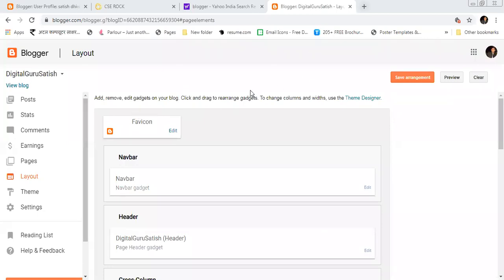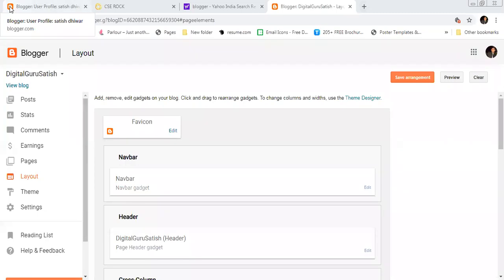Okay. So first I want to tell you something about favicon. Favicon is a small icon which you always see at the top of the URL. Here you can see when I point my mouse on this favicon. This is called favicon, with the name of your website or your blog that appears and shows about your blog.